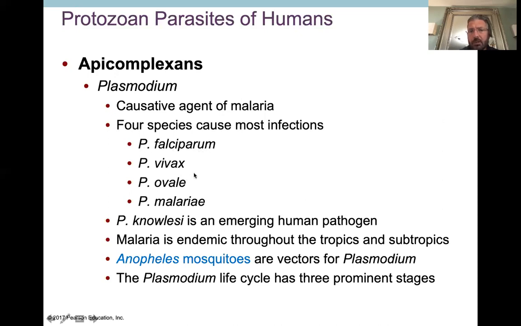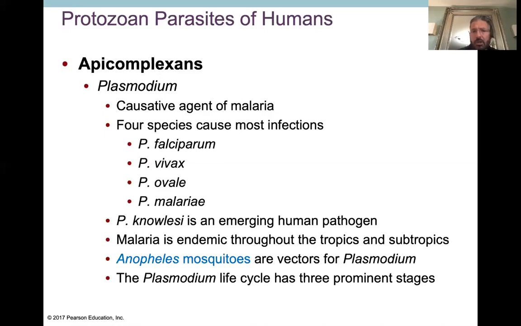You guys remember the falciform ligament, maybe from A and P, that kind of connected the liver to the aorta in embryology. So this has to do kind of with the liver where it's multiplying, but that's how it got its name. Vivax, ovale, or malariae. So it's always going to be P for Plasmodium. Plasmodium knowlesi is an emerging health pathogen, not very common, but it's becoming more and more prevalent. And unless you're working maybe at ECMC or the VA, you might see some of this coming up.